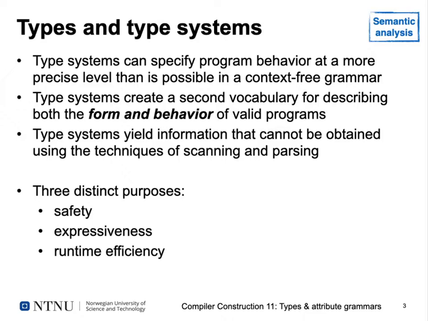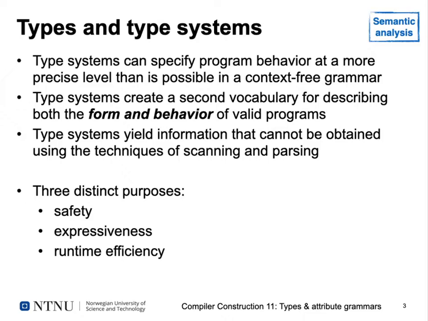So type systems can specify the behavior of a program on a level that's more precise than what we can do in a context-free grammar. So we've seen in a context-free grammar we were unable to check, for example, if we tried to assign a character to an integer variable or something, because that is something that's outside of this context-free class of languages. And we've also seen that any languages that actually manage to consider this context take much more effort to parse and understand for the compiler. So we want to add something to our compiler in a separate stage that actually allows us to check for